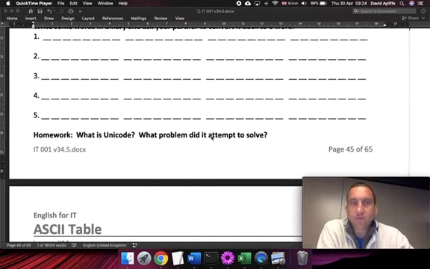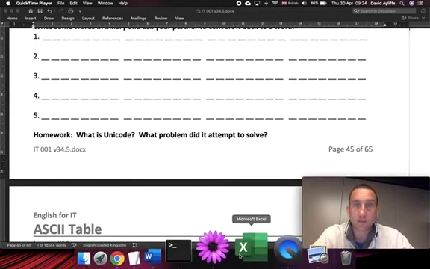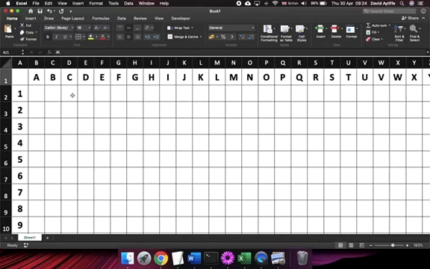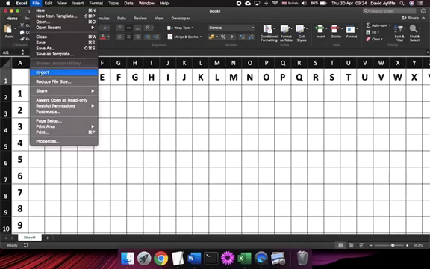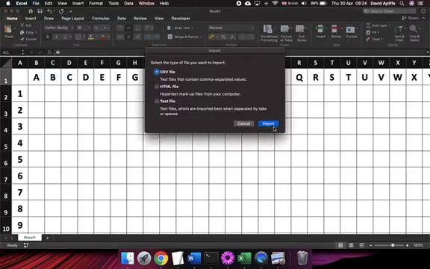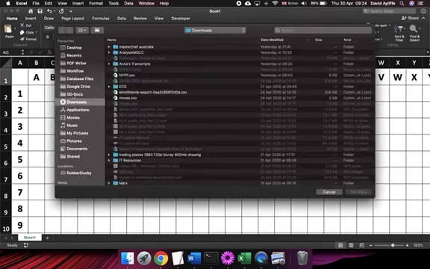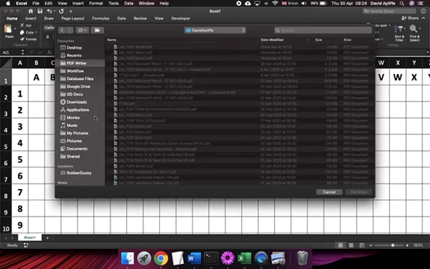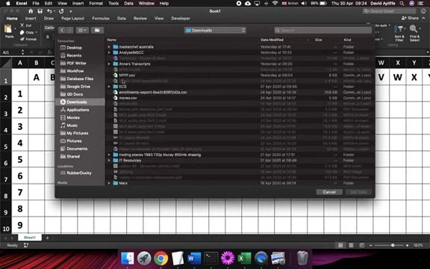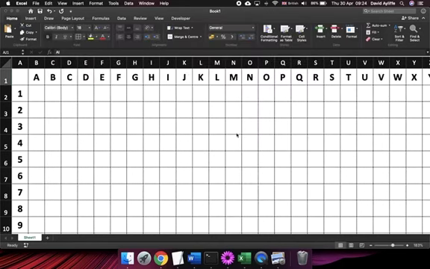Right, so we've talked about ASCII and how it was created in the 1960s and 1970s. Well, the new version of this is Unicode. Let me show you this. This is battleships that I need to print out. If I go to import a file, here it is in the updates. Please download it. Right, so if I go to import this file,